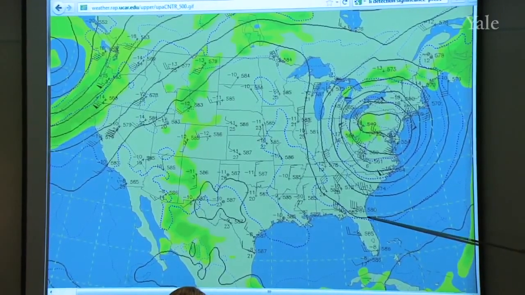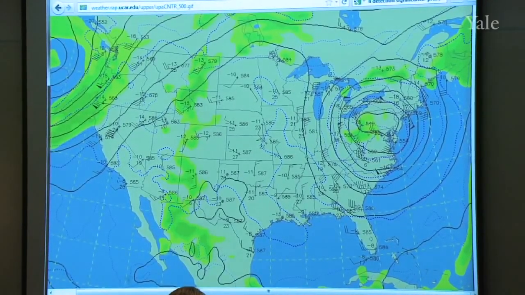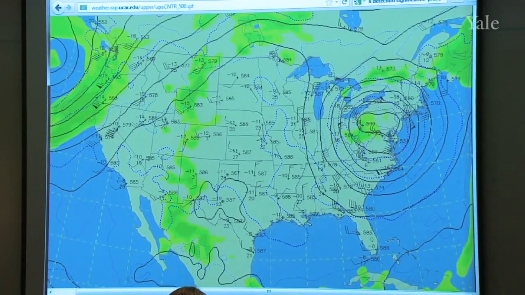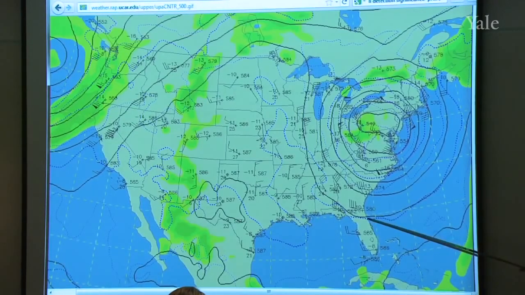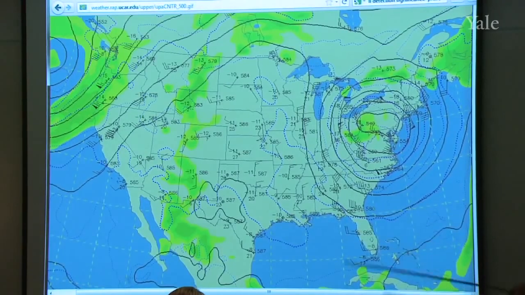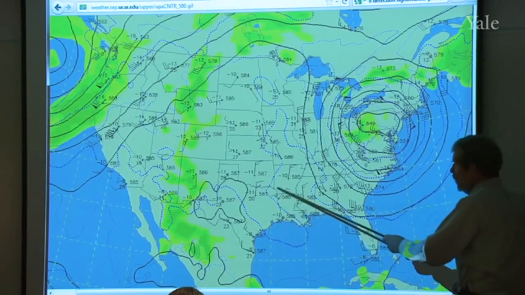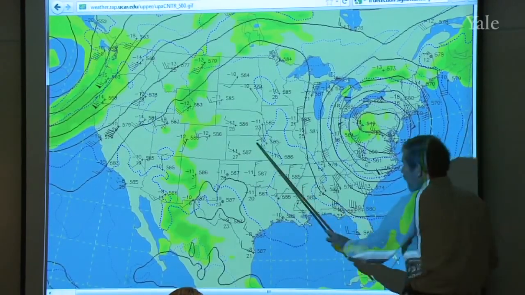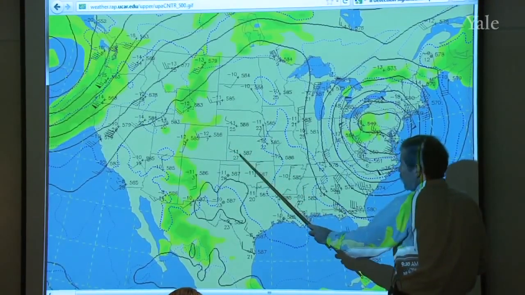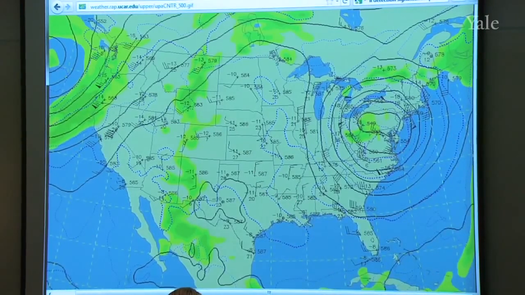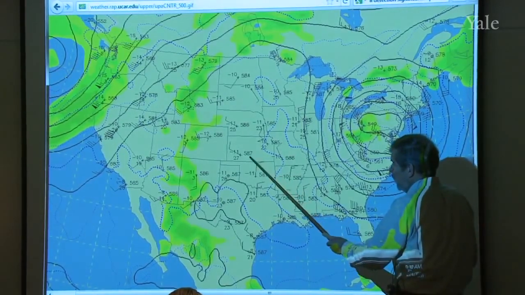But the thing to understand is that the level of constant altitude on a pressure surface is very much analogous to an isobaric curve on a level surface. So you can think of these as isobars, these heavy black lines. The temperature, lines of constant temperature, the isotherms, are in the dashed blue lines. But the data from which it is all derived are these little clusters. So to the right of the symbol is the altitude of the 500 millibar surface with the 1 0 left off. So that at that